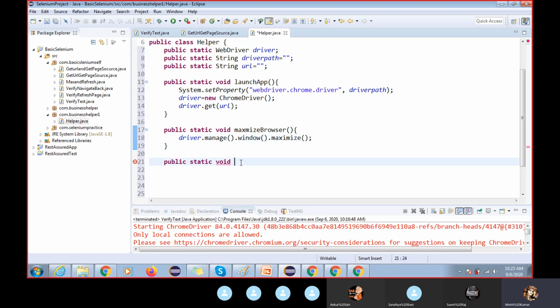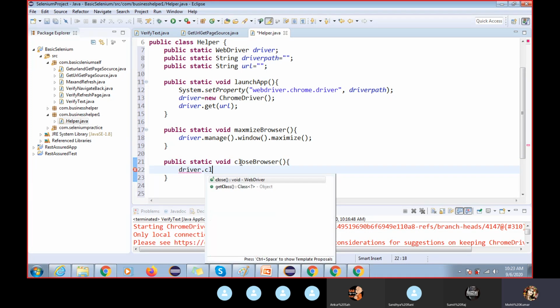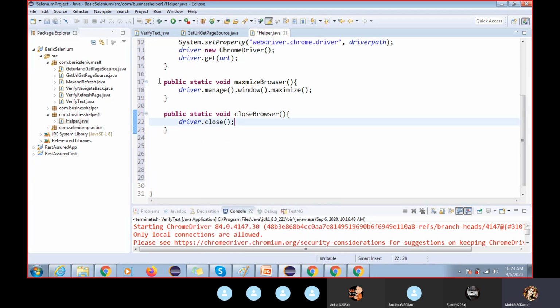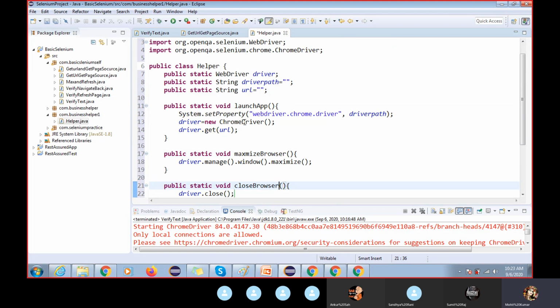So closeBrowser, where we can write driver.close. What is the benefit? You should not write this line of code again and again. Simply we can call this method and access it.